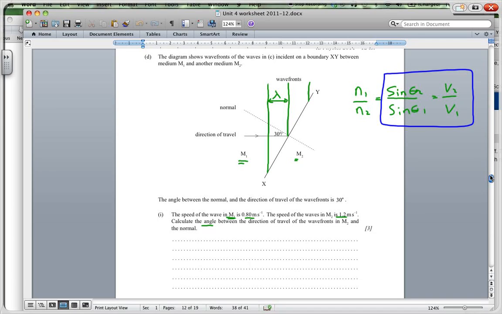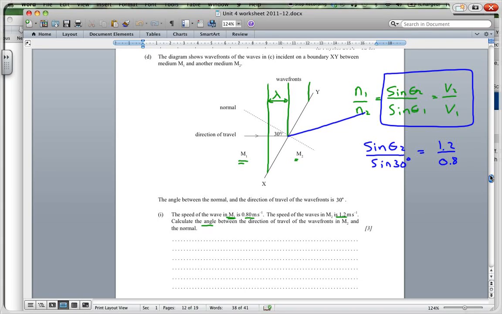This wave is going to do something like that. It's going to move in that direction. There's going to be an increase in that because it speeds up. We'll talk about that in the next question actually, but we're going to have the sine of theta 2 over the sine of theta 1. So the sine of theta 1 is the sine of 30, which is equal to v2, which is 1.2 over